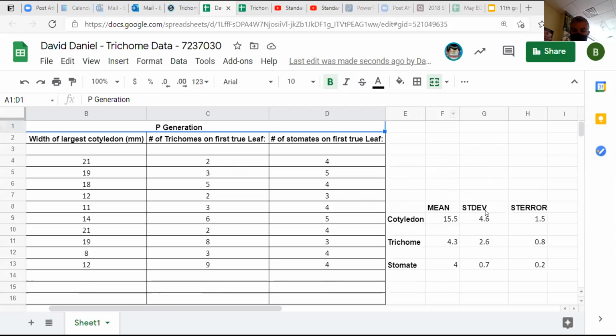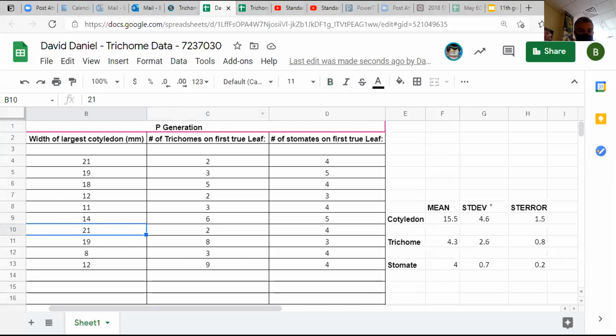This is my P generation. You had an average here. Let's look at my average was 15.5. That should go up if we're selecting for trichomes. I'm sorry, trichomes 4.3. We should have more if we're selecting the ones at the top. In this case, the top 10%. So they bred this individual here, and they bred this individual here. No, actually, they bred this one and this one. These were the top two.